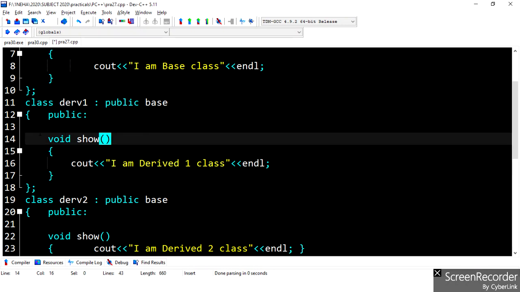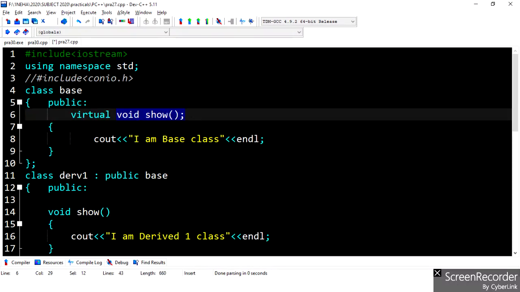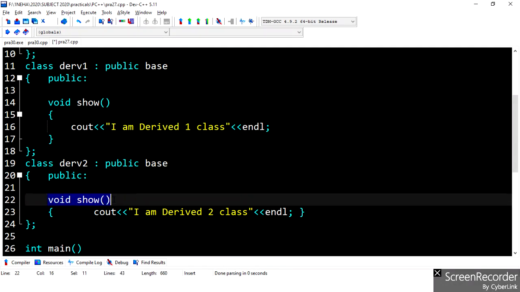So we can see that void show is used twice in the program. The base class and derived one class both have the same function name, and derived 2 class also has the same function name.